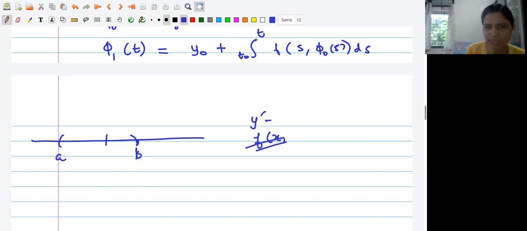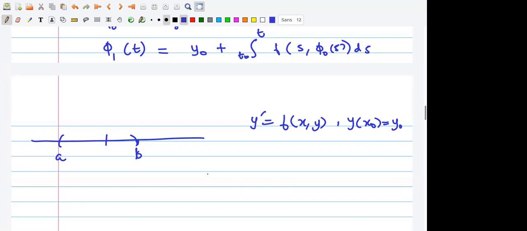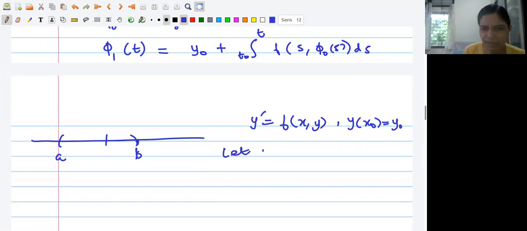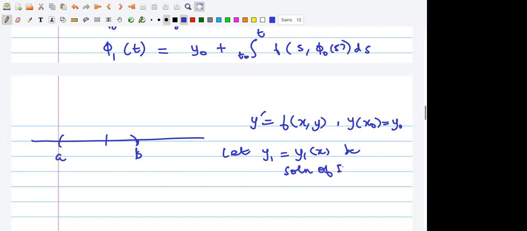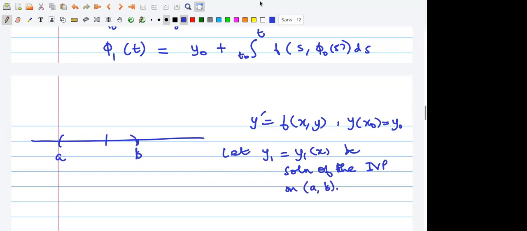Okay, so the original ODE is y prime equal to f of x, y. So we are just looking at an ODE or maybe some initial value problem, right? So let's say y of x naught equal to y naught. Now what are you saying? At the points A, B, what happens if the solution is going to 0? So let y1 be a solution of this on the interval AB. Yes, ma'am. Okay. On the interval AB, then what happens? At the end points, the function is going to 0.